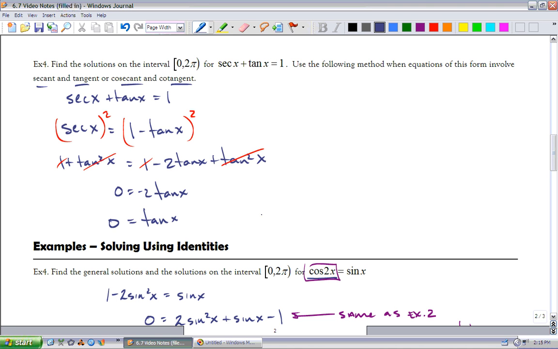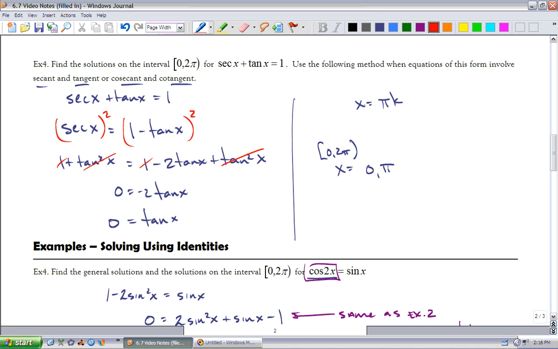Well, tangent x equals 0 when x equals any multiple of pi. So we can just say it as pi k. That includes 0. So we need to check that out. And before we circle this and make it our final answer, we need to check out our extraneous solutions. So I'm also going to list quickly here my solutions from 0 to 2 pi, which in this case would just be 0 and pi, and then I need to check those out. Now if I plug those back in here,